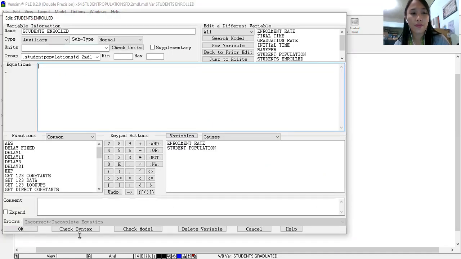And students enrolled. For the past 3 years, there is an estimate of 20% increase in enrollment. So enrollment rate, that is 20%, that's an estimate, will be multiplied by our student population, because the units for students enrolled is the number of students. So just input here number of students, or you can just put students because it's already the units. So let's say 200 students, 100 students. So that will be student population,